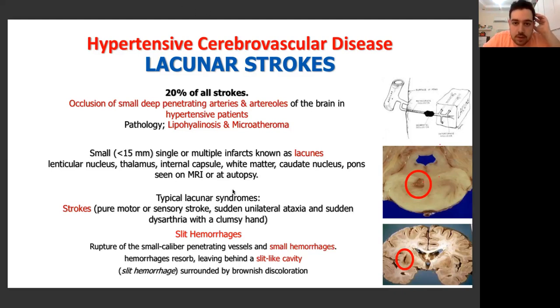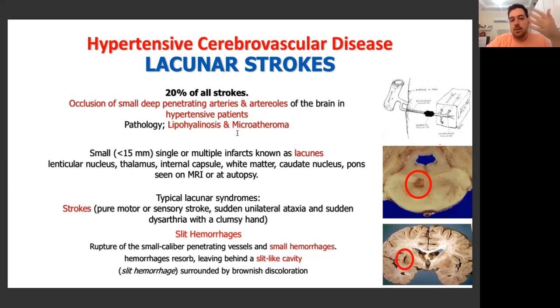So is lacunar stroke just a name for the stroke that happens in small vessels because of hypertension? You can say yes. Lacunar strokes are these small strokes that develop in the penetrating vessels, and the most common cause is hypertension. Yes, that's true. And of course, when